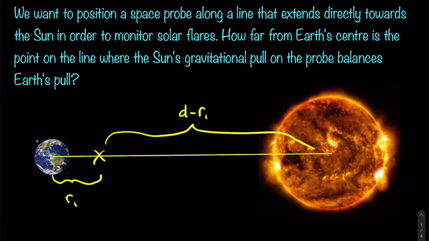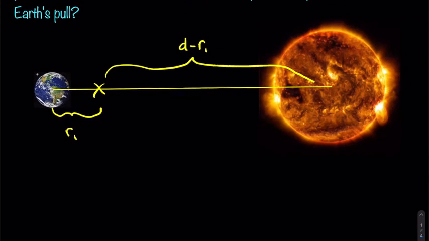And then what we need is for the pull of Earth to equal the pull of the Sun on the probe. So let's write our equations, which would be